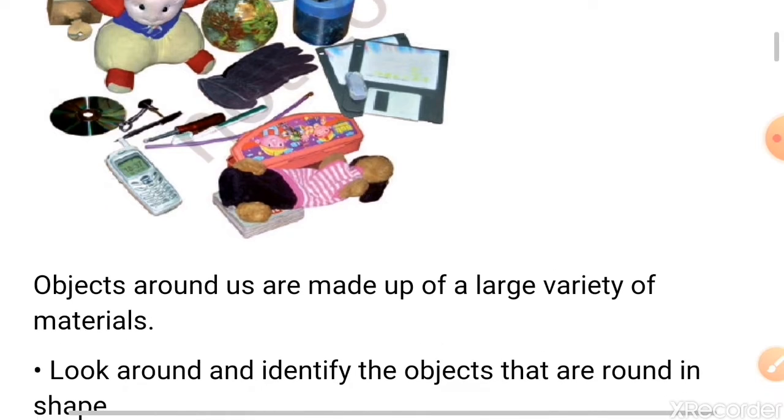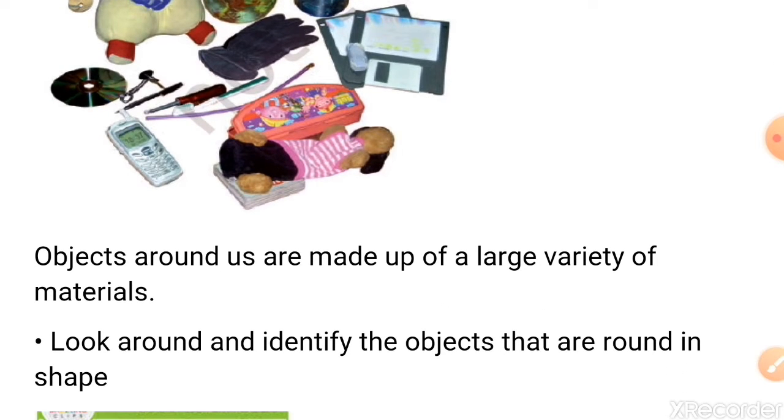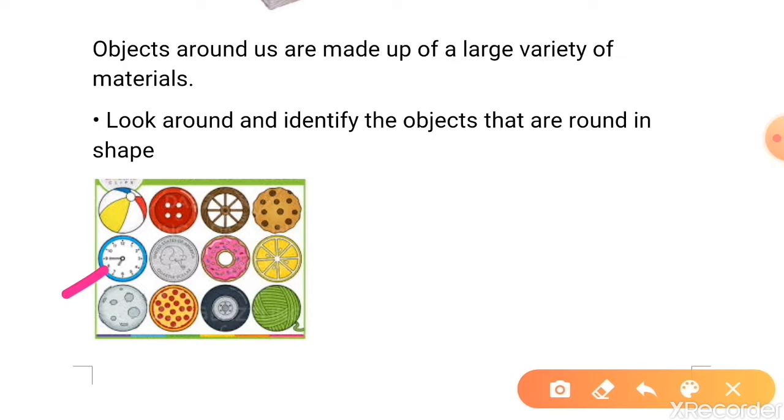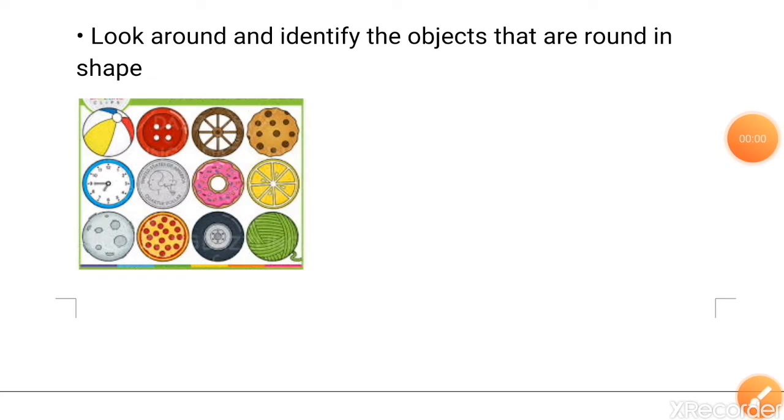Now, students, look around and identify objects that are round in shape. Our list may include things like football, rubber ball, glass marble, watch, buttons, wool, wheel, coin, and many more things. If we include objects that are nearly round, our list also includes objects like apples, oranges, and an earthen pitcher, which is known as ghada in Hindi.